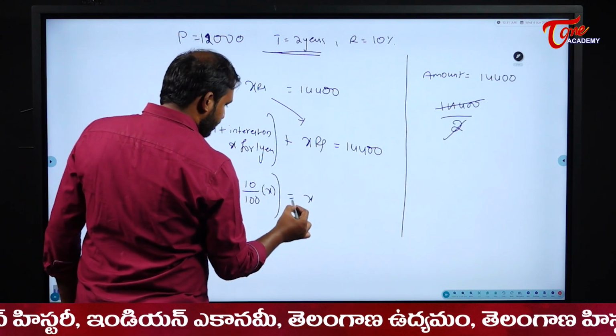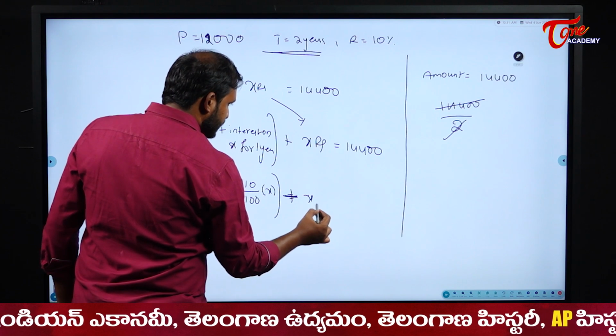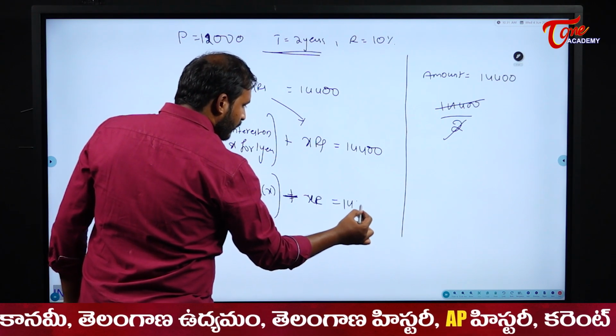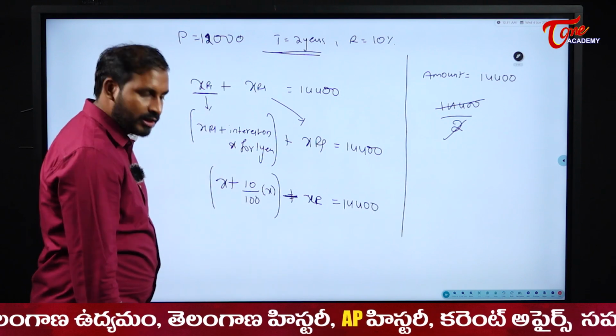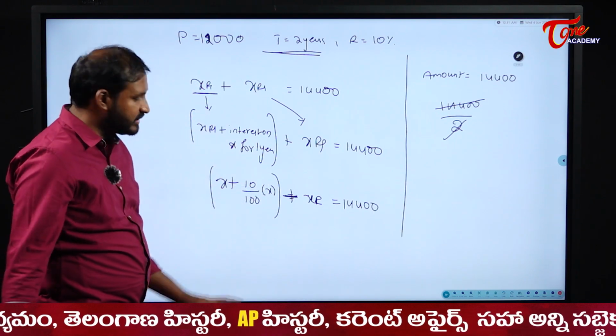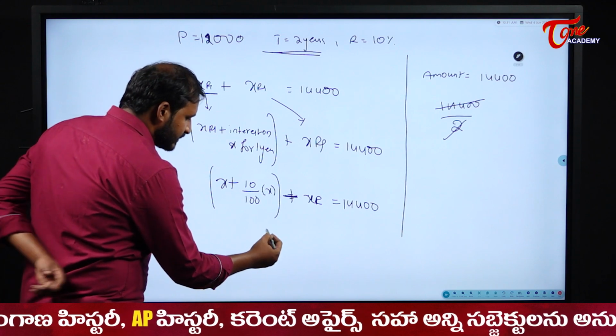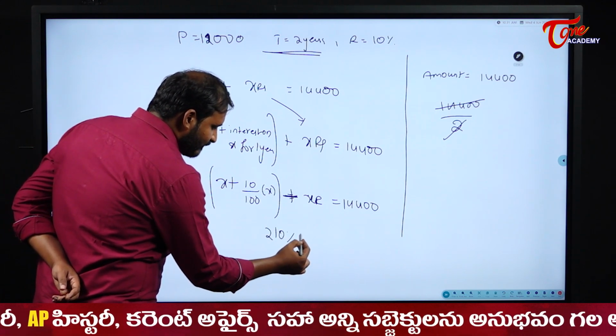That is equal to X plus X rupees is equal to 14,400. Now, this overall will become what? 110% of X and this will become 210% of X. So, 210% of X